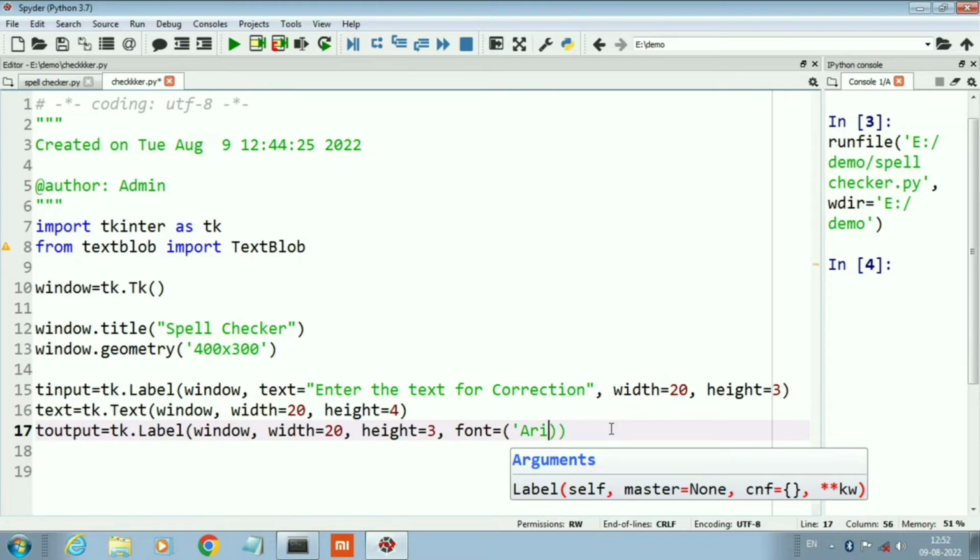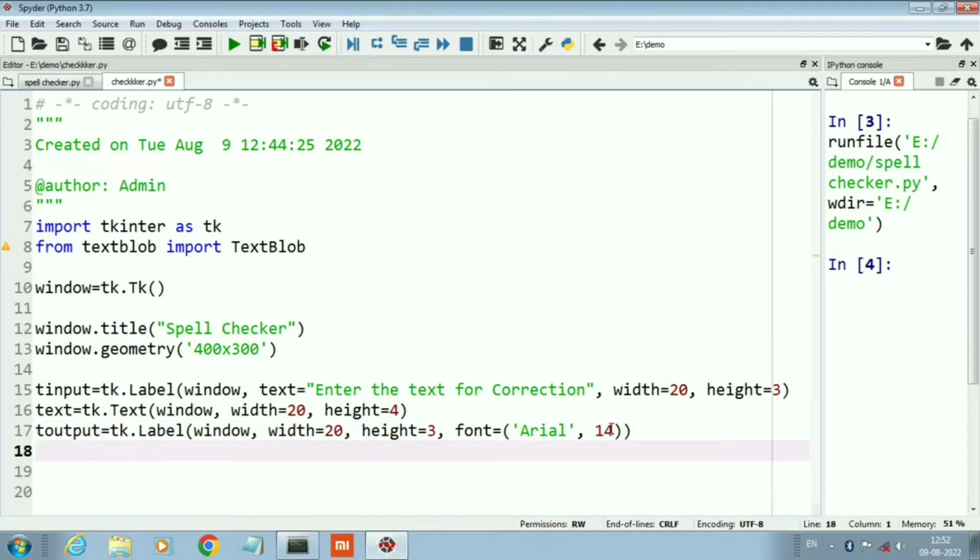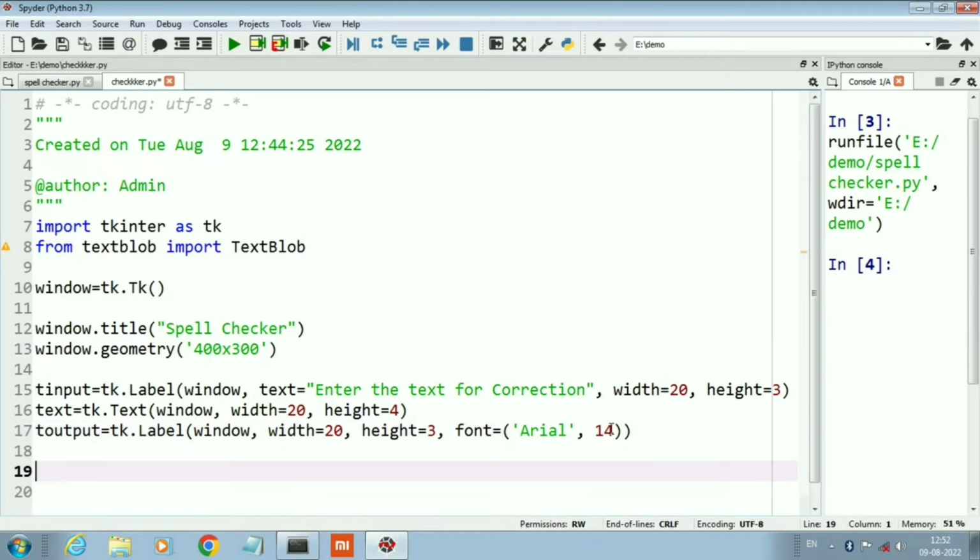Here we are using Arial as a font, and we will also set its size, that is 14. Next component is a button.